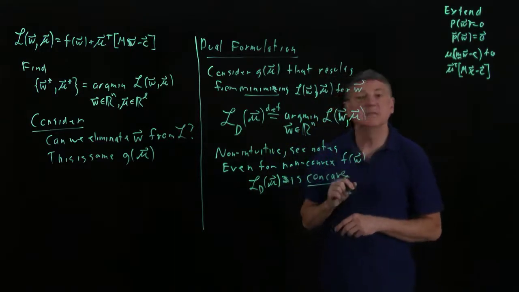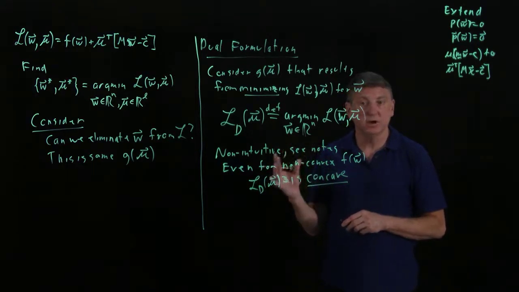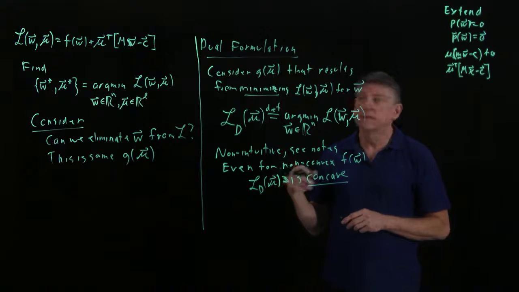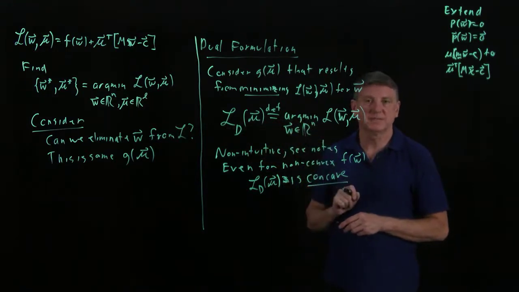And that means that the negative of it is convex. As I said, this is not intuitive, but it comes out when we follow through this argmin process. Now, let's use that concave property